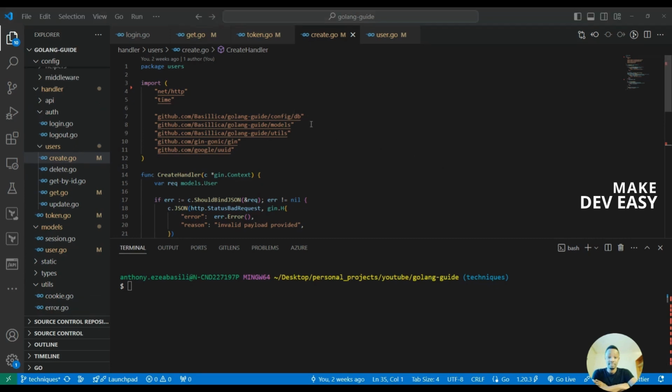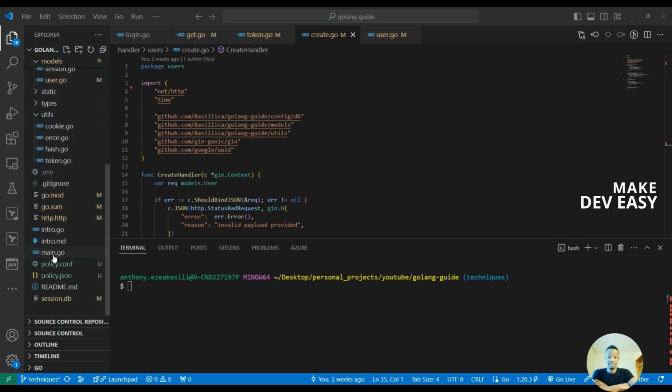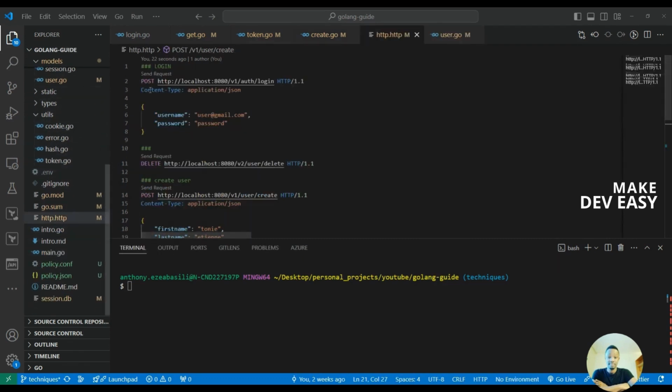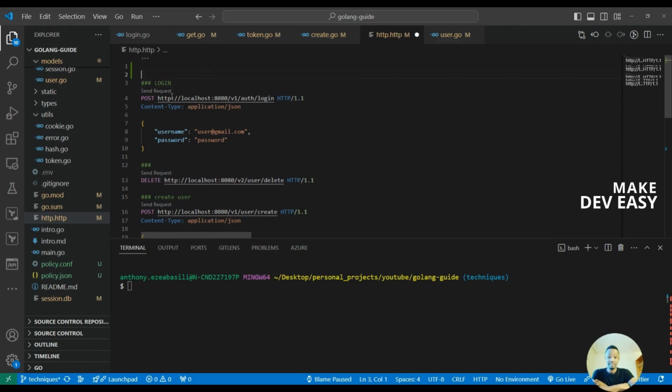So what I can quickly do is maybe use the HTTP file we created in the past. Just so I don't have to provide this new token each time, of course we can use Insomnia to make use of the cookie that we persist as HTTP only cookie, but I can still use this anyways and provide the cookie as a header. So I can create a variable here. I can call this token,